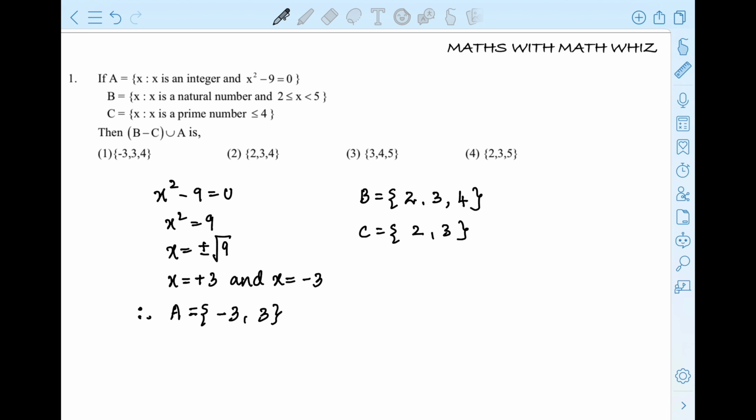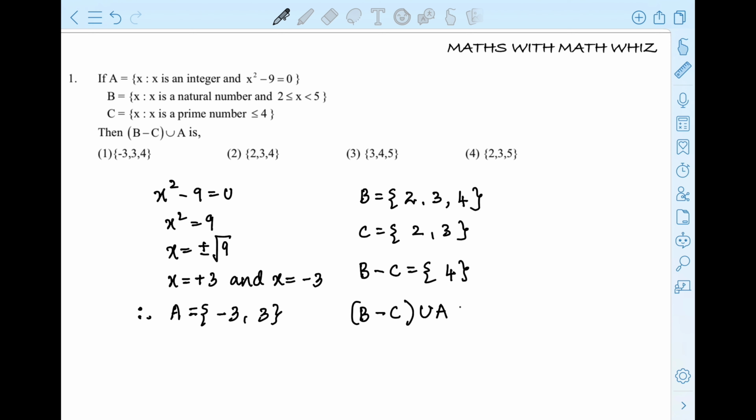So first we need to get the value of B minus C. How do we define B minus C? The set of elements present in B which are not in C. So that will be element 4. Next, we need to consider the union of B minus C